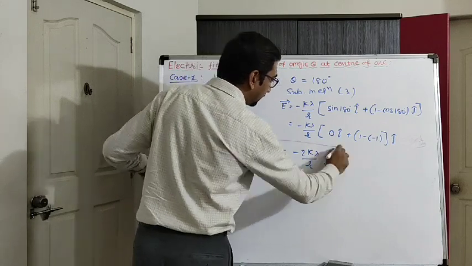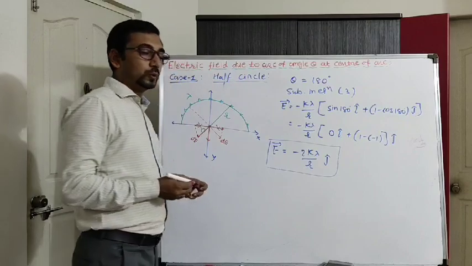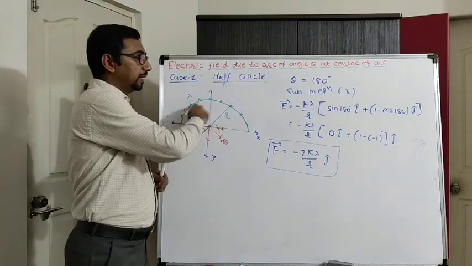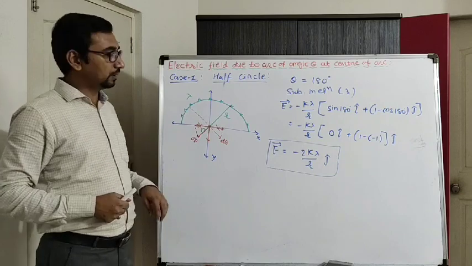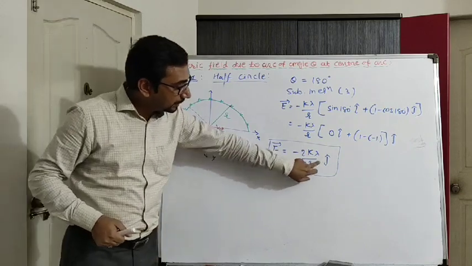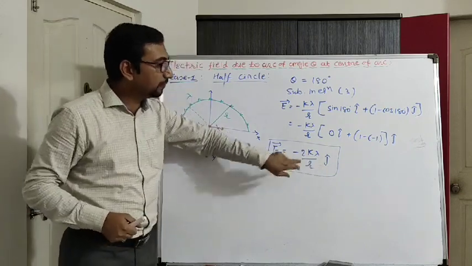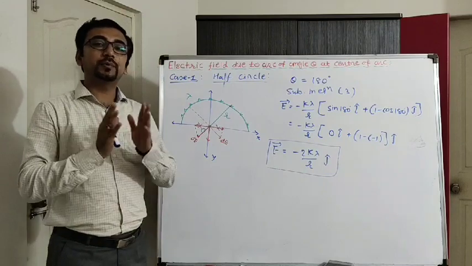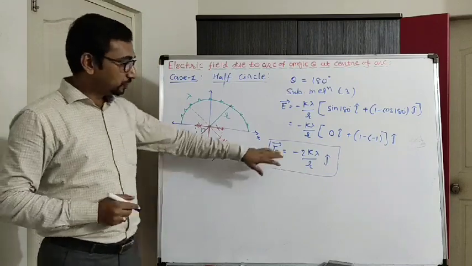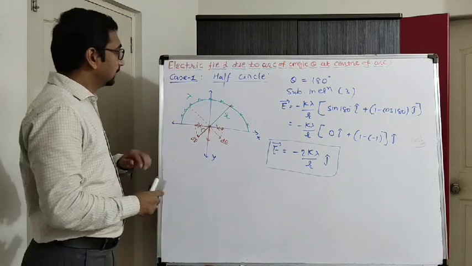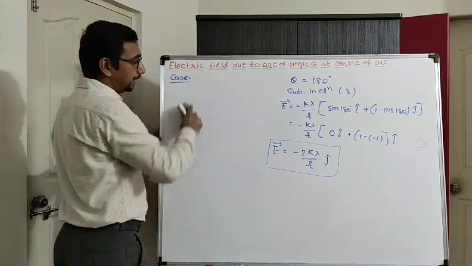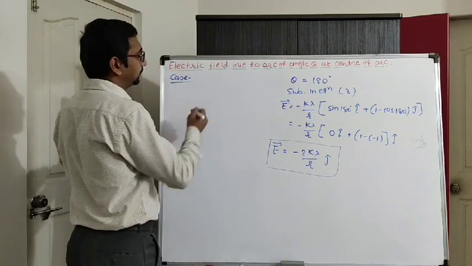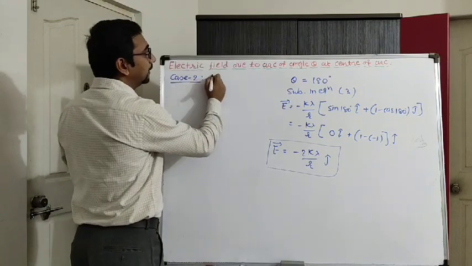So this is the electric field due to a half circular wire at the center of the curve. Here see, it is in the direction of the negative y-axis only, which means the x component is 0. So this was our first case. Similarly, we can take one more case, where we'll take the whole circular loop. Case 2, that is